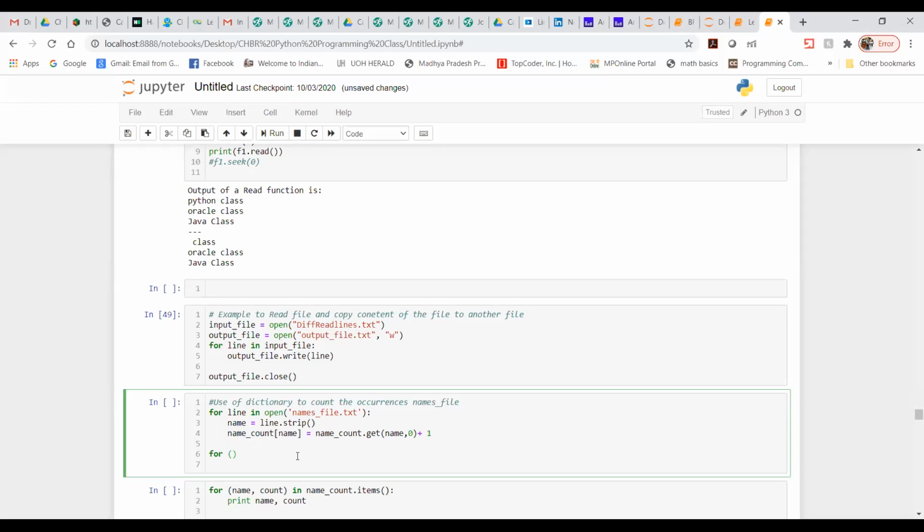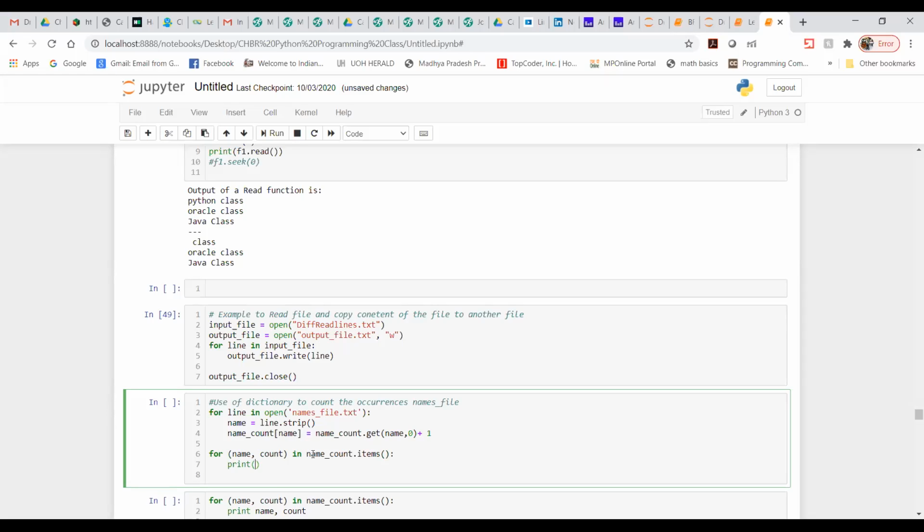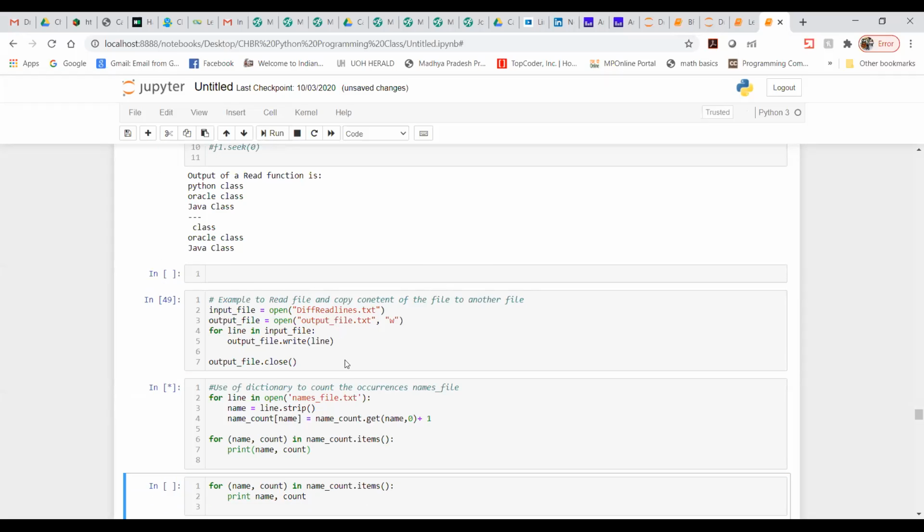I'm trying to write here for name comma count in, I have created here one list which is nothing but the name count list, and there with the name I am just storing the count as well. So I'm writing name count dot item, then I am trying to print this name comma count. Let me run this and see what output I get.